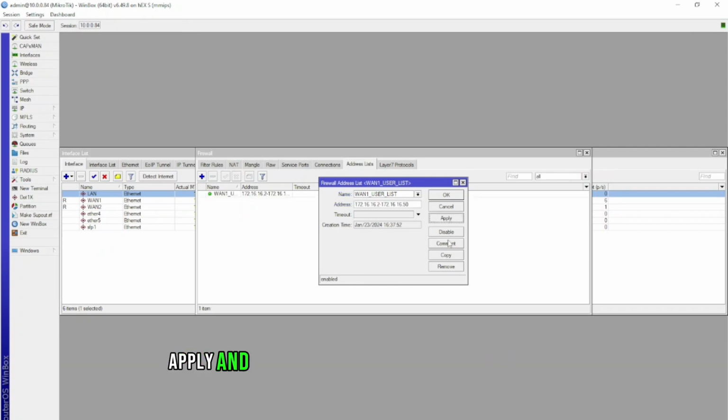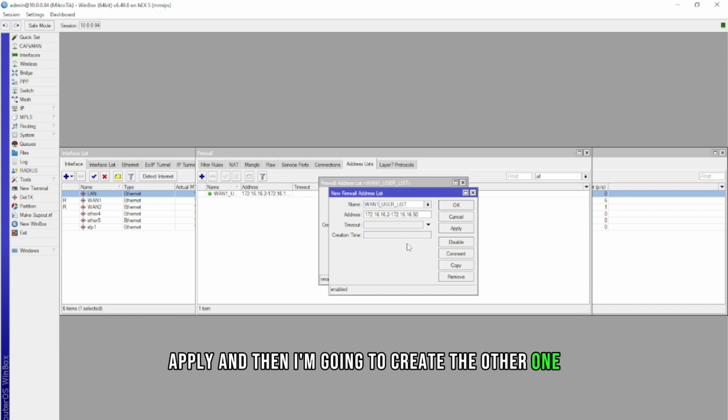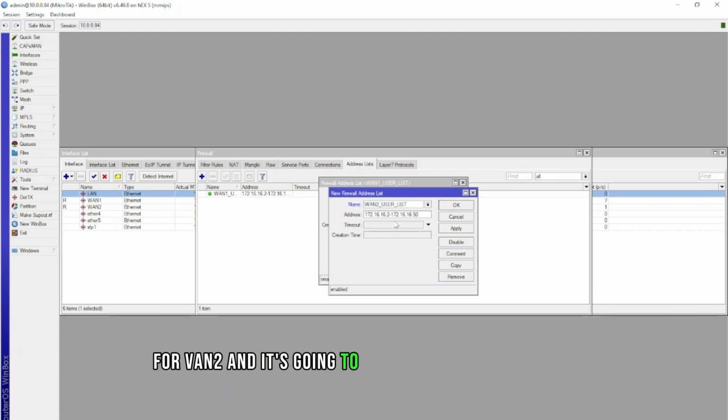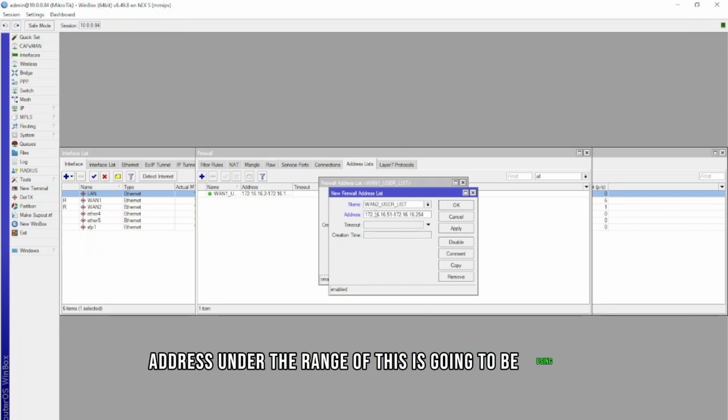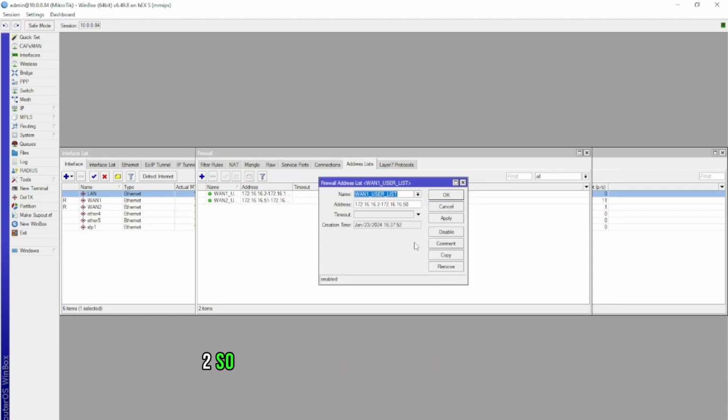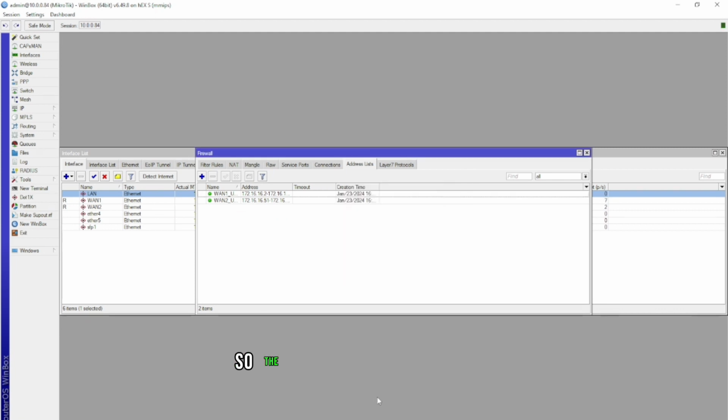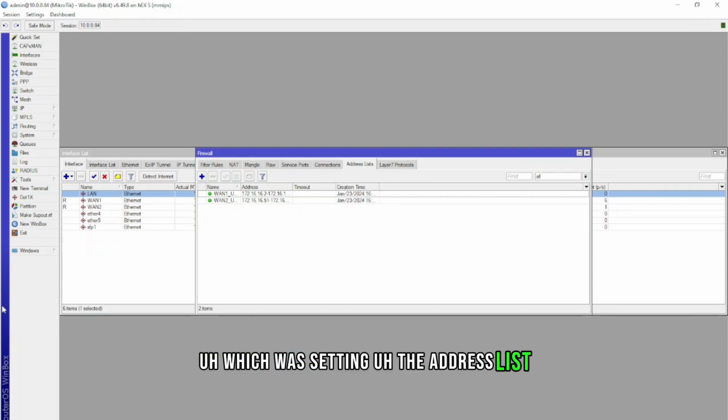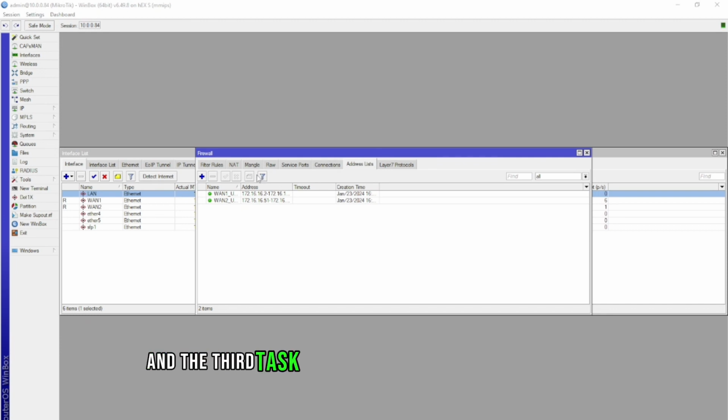Okay, apply, and then I'm going to create the other one for WAN 2, and it's going to be any IP address after 50, so that's 51 to 254. Any IP address in this range is going to be using WAN 2. So you can specify it that way. Okay, so the second task is completed, which was setting the address list, and the third task is to create